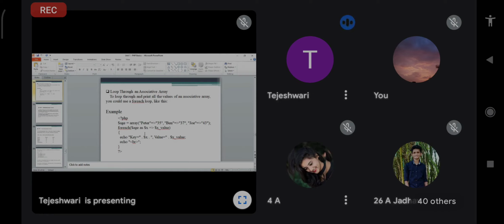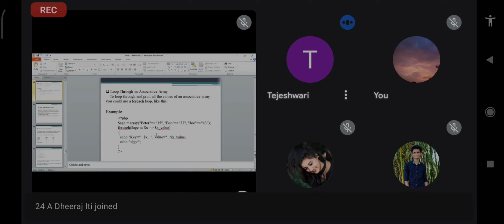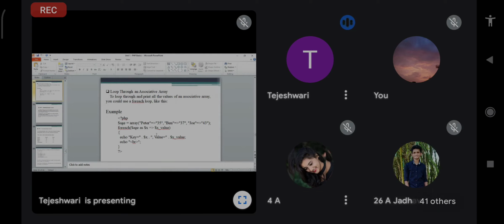Now the next part is we have to take the foreach loop. So foreach, in brackets, you have to take the variable that you initialized first, that is $h. So first $h as $x is equal to $x_value.